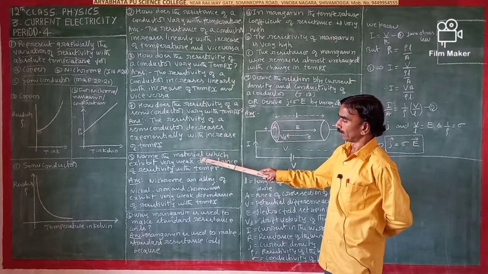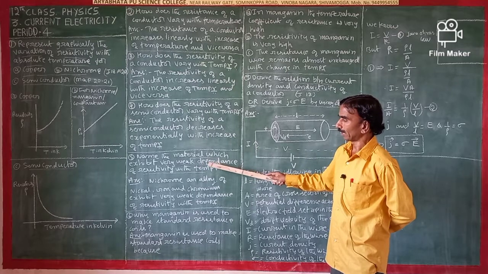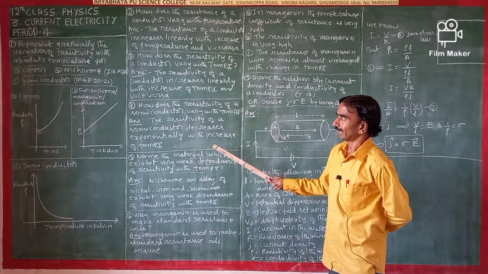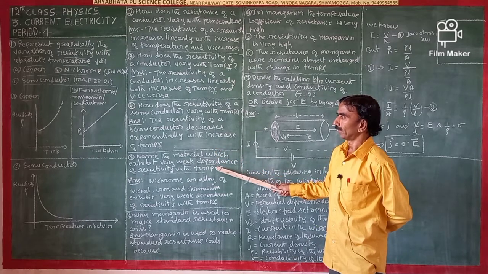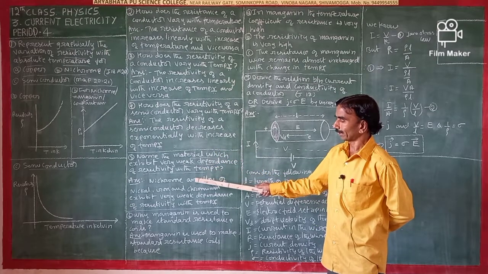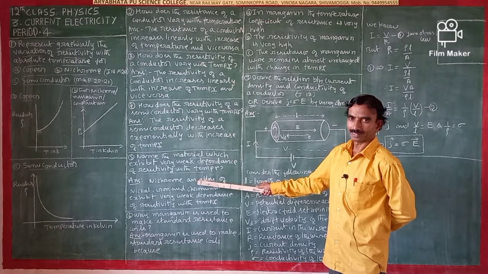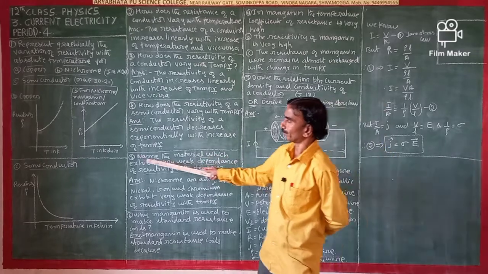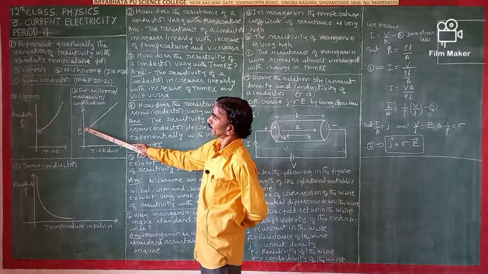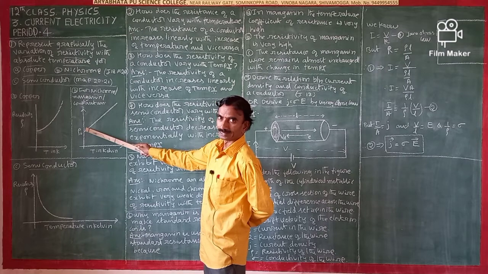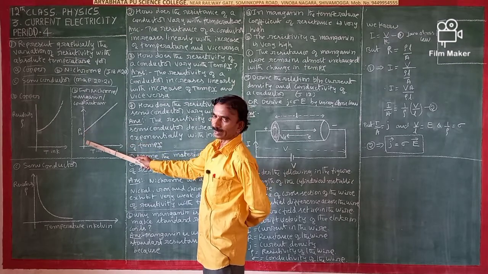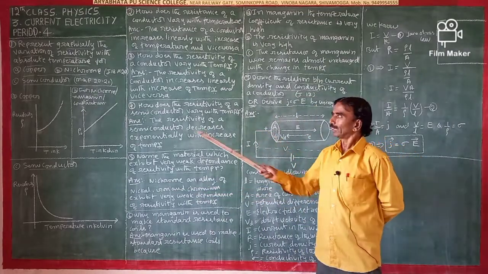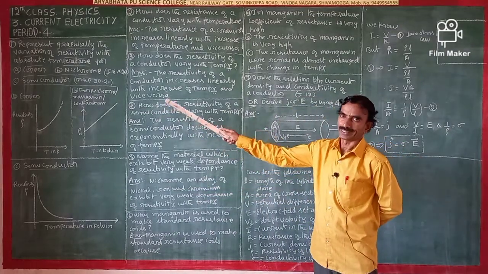Name the material which exhibits very weak dependency of resistivity. The nichrome wire, you saw, has a very weak dependence of resistivity, because only at a certain temperature does the resistivity change. So it is weak dependence. Even at a very low temperature, there is only a slight variation of resistivity in the nichrome wire.